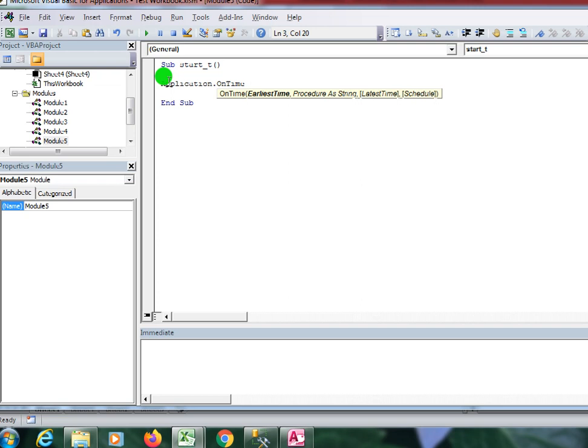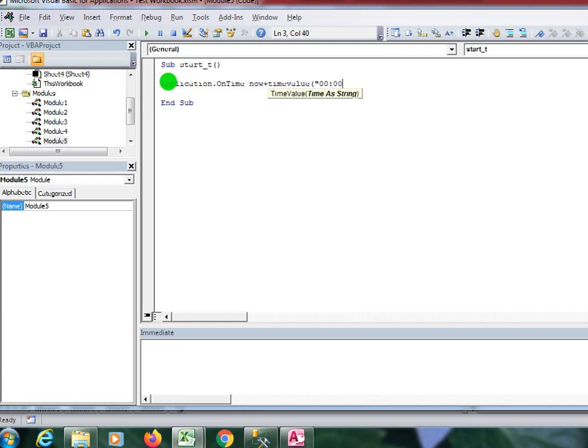For the first parameter, I'm using the current system time. I have one method, Now, and to Now I'm adding 1 second using another method, TimeValue, which converts a string to a time.